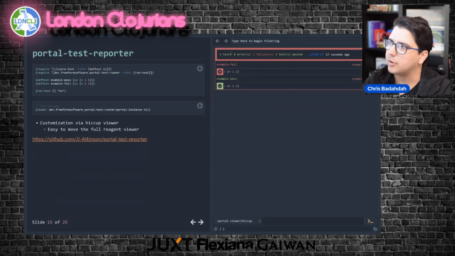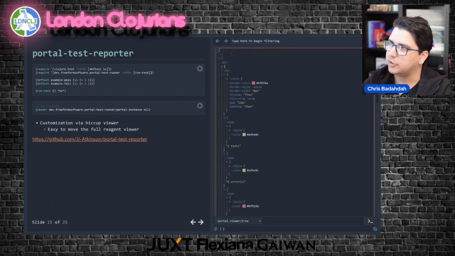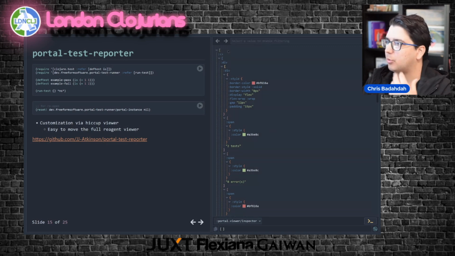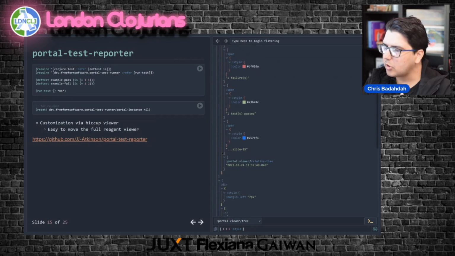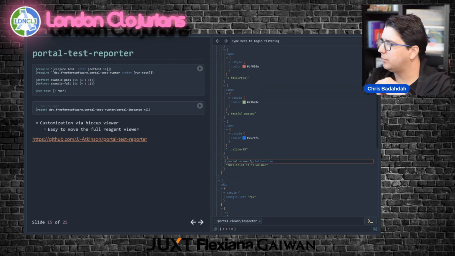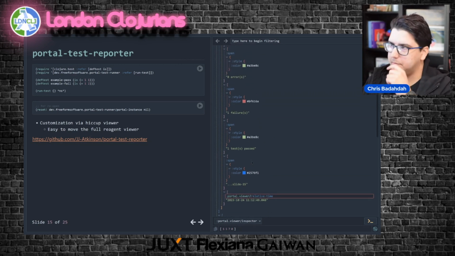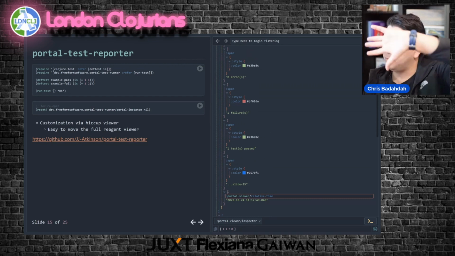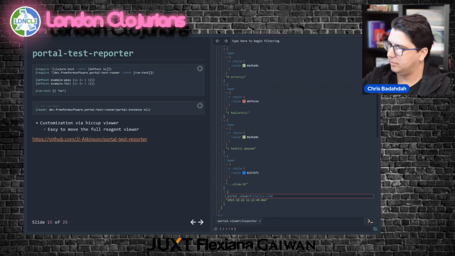So this is another level. Let's see, this is the tree viewer. This is another level of customization: there's a viewer called the Hiccup viewer that lets you throw Hiccup at Portal and it'll say, cool, I know how to turn that into HTML and render it, because there's divs and CSS here. There is one trick, which is that you can nest Portal viewers in Hiccup, which lets you go from Portal to Hiccup back into Portal. And you can recurse, because HTML is recursive. It makes sense to be able to recurse in and out of it.